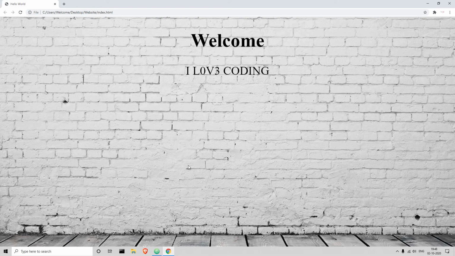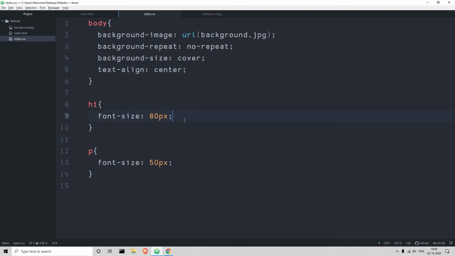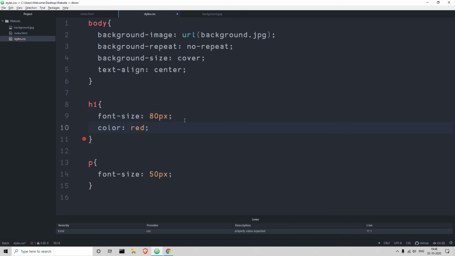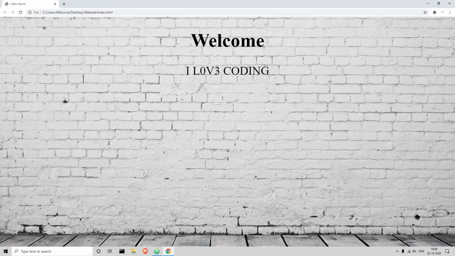If you want to add color to it, you can do that too. Let's say we want to add a red color to the heading, although it would not look nice, we'll just add it. So we use the color property and we'll put it red. We'll save this. We'll go to our program. You can change the color like this. There are really a lot of ways you can style your web page.